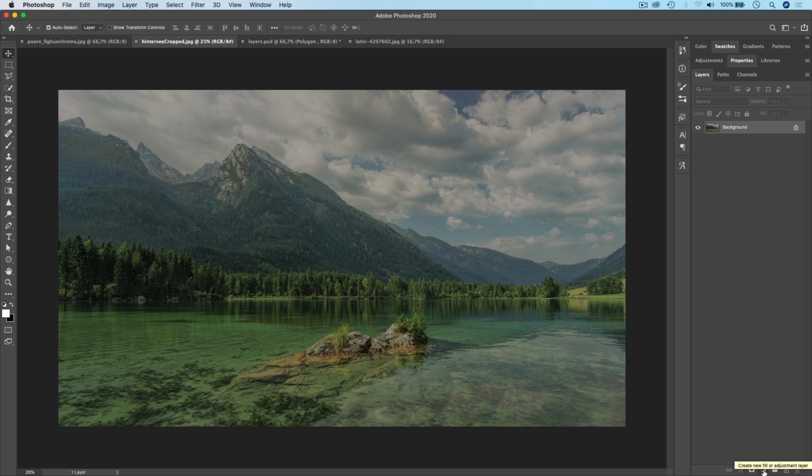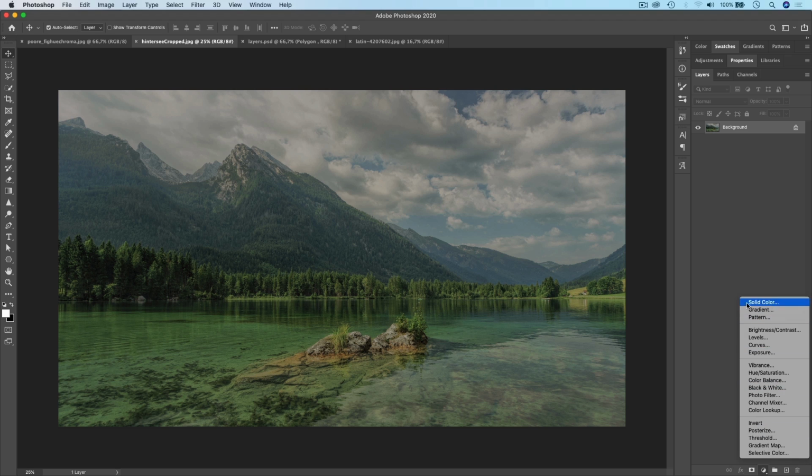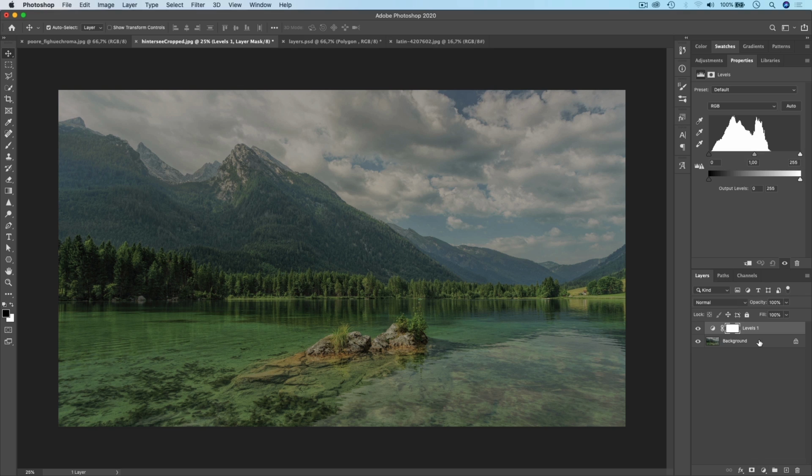You click on this, and you will have a list of different adjustment layers, different adjustments that you can make to your image. This is a very powerful panel in Photoshop. This is a very powerful menu because you can use this to do a lot of things in Photoshop. We will start, just not to confuse you. Let's get to it. So we will first of all select what is called a levels adjustment,